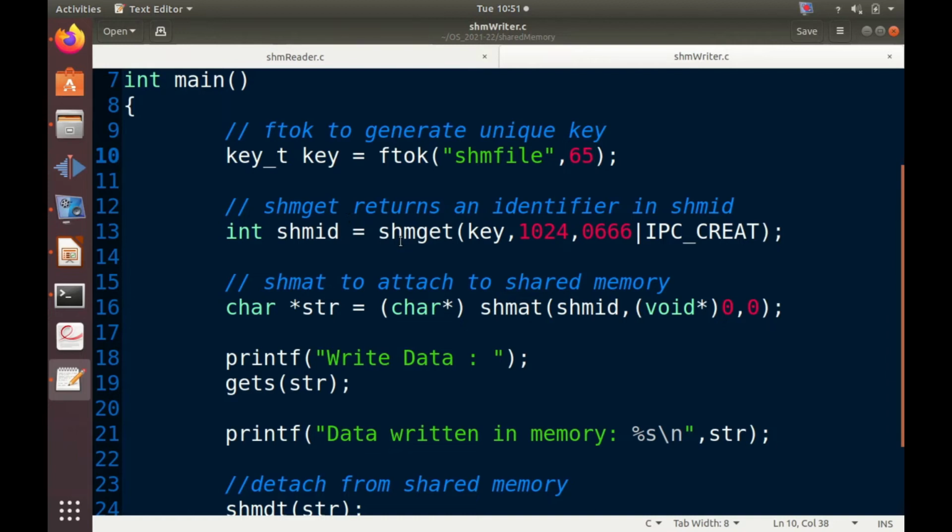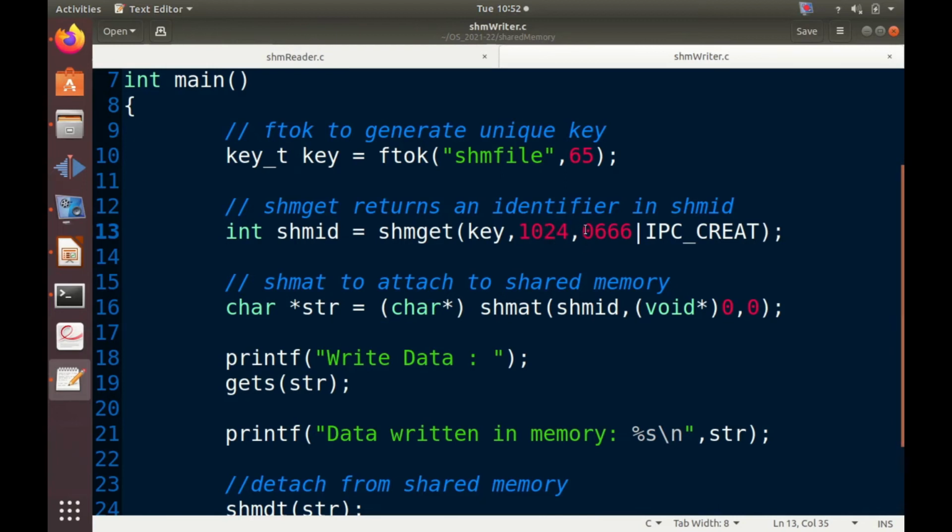Now the next function is to create a shared memory. And how to create a shared memory? By using the shmget function. So the shmget function has three arguments. First is the key, then the size of the data. Now this you can provide depending on how much data you want to write. Right now I have written this as 1 KB of data, or 1024 bytes of data, that I am about to write. So this can be a maximum value. If you write data with a lesser size than that, no problem. But if you are writing data greater than this size, then there will be a problem. So write the maximum size of whatever data you want to create.